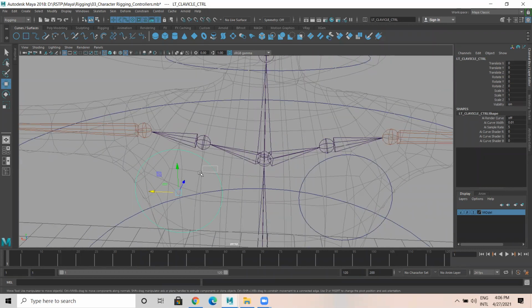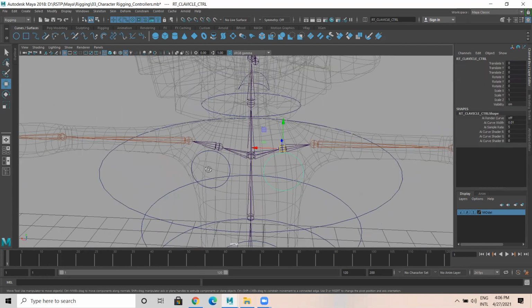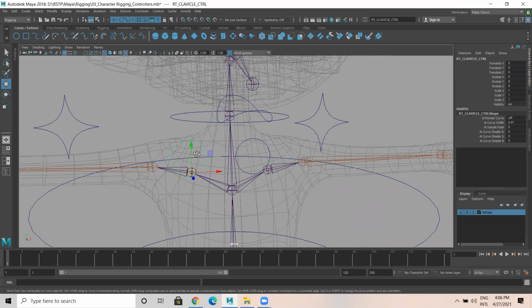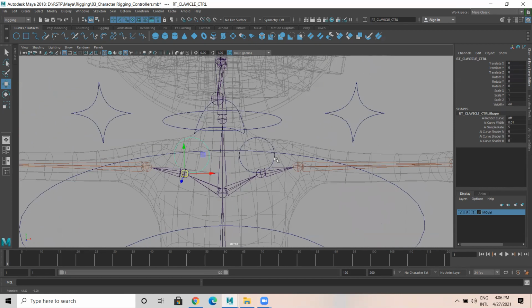So it's simple. Select this. You can press the keyboard key, like the Insert key. Okay. And hold V here. Hold V and move this pivot to here. Now select this. V is snap to point. You can move to this one. Okay. So now you can see, yes, the pivot of this particular circle is inside this joint.